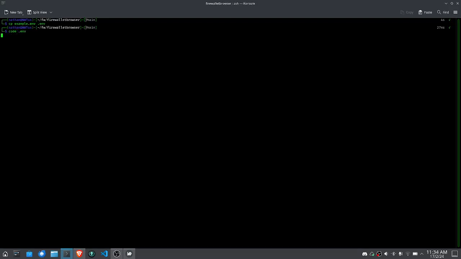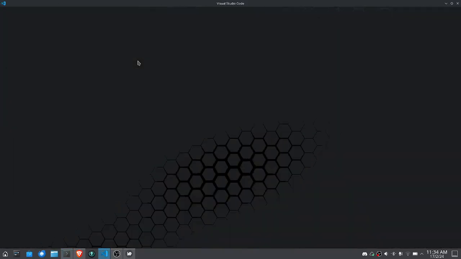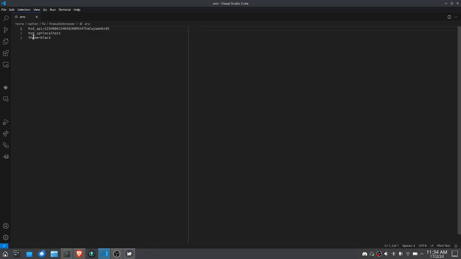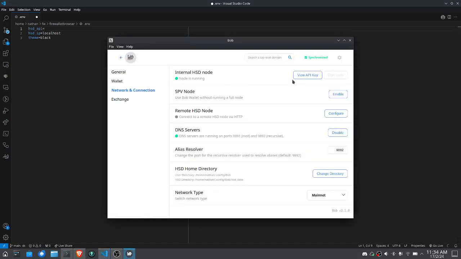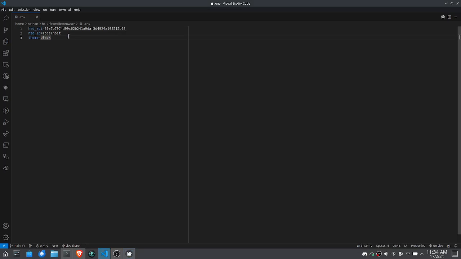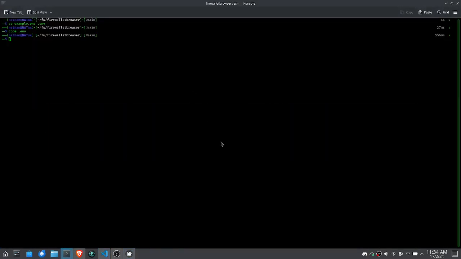Let's actually open the code so you can see a bit easier. Okay, black theme, yeah, that's all we need. Let's grab an API key. So if you go into Bob, view API key and copy that. Awesome. We save this, and then